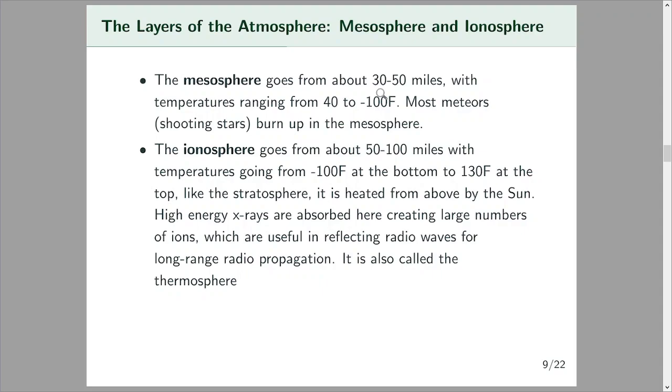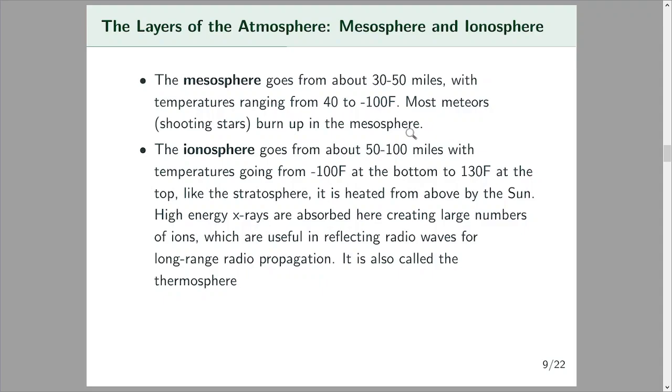The mesosphere goes from 30 to 50 miles, and it cools back down. It goes from 40 at the bottom to minus 100 at the top. That's where most meteors burn up. I don't know if you know about shooting stars, but when you see them, they look like another star, but they're moving. Well, they're really not. They're typically the size of a grain of sand. There's just a meteor or a piece of dust coming into the atmosphere at a high speed, and so they burn up,